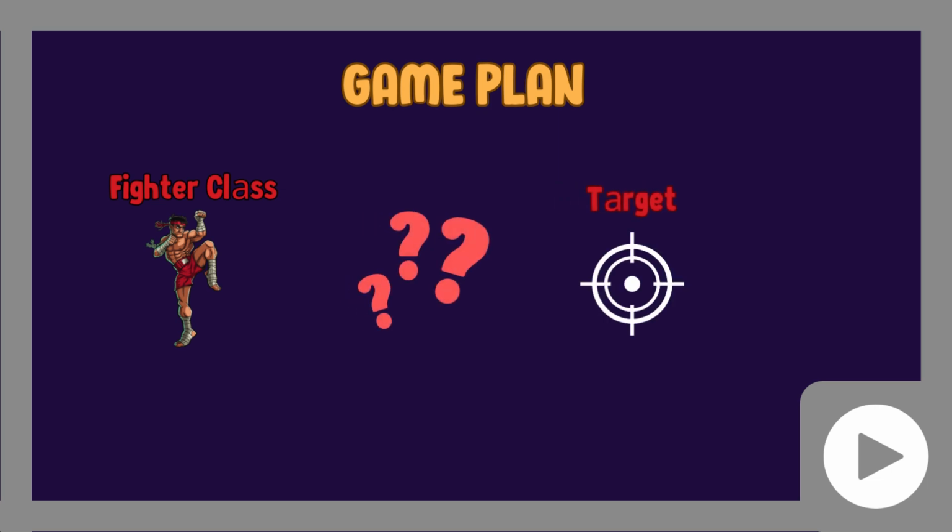Today, we're conceptualizing our fighter class. This class will be the powerhouse of our combat system, responsible for moving our character to the target, facing them in the right direction, and of course, landing those impactful hits. Our first challenge is determining if we found the target. To solve this, we're going to employ a handy Unity method,